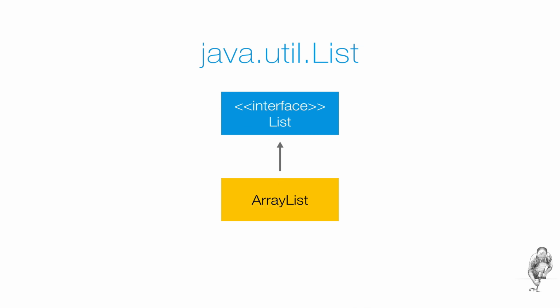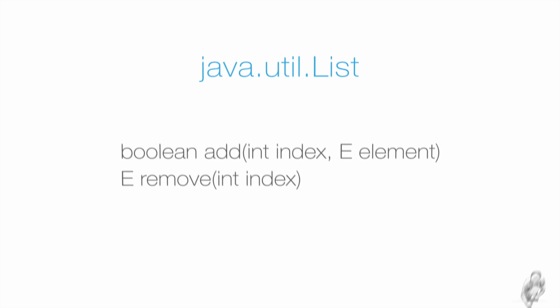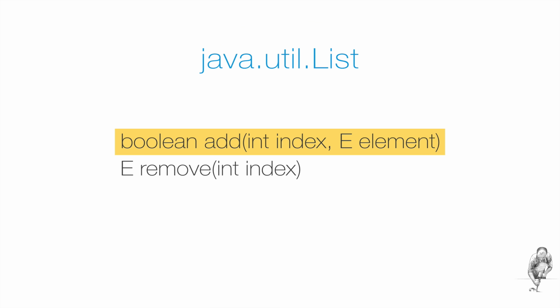Alright, let's move on to the methods of the java.util.List interface. The methods are similar in part to the methods we just looked at, but they differ in that they require an order on the elements of the list. So again, you should know that everything I say about these methods does not only apply to ArrayList, but to all classes that implement the List interface.